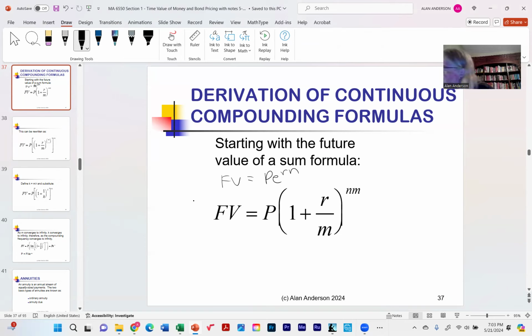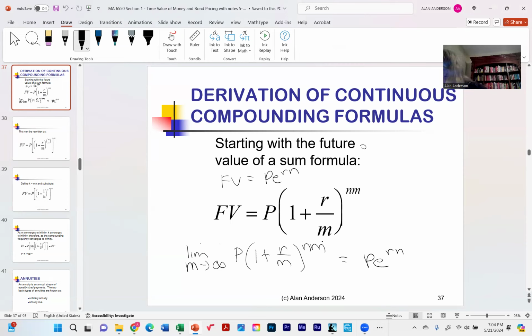The limit as m goes to infinity equals, I should say, not converges to, equals Pe to the Rn. So we're going to see a very quick demonstration of why this is the case,